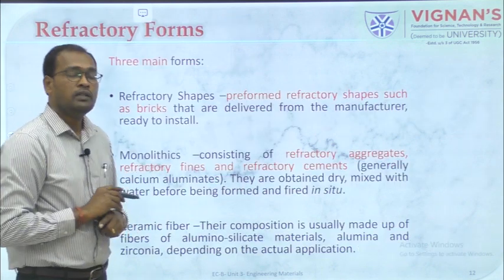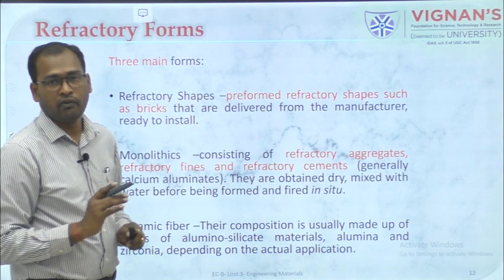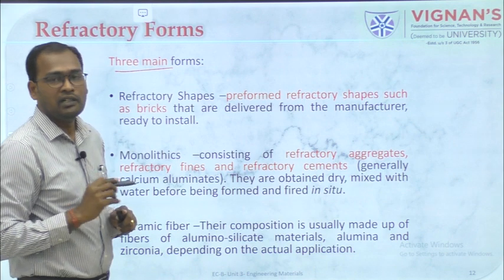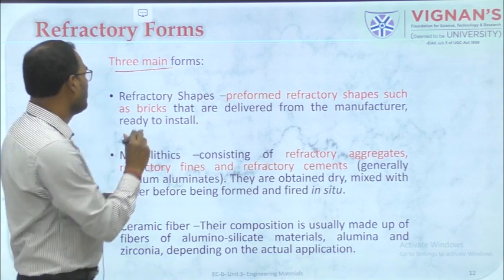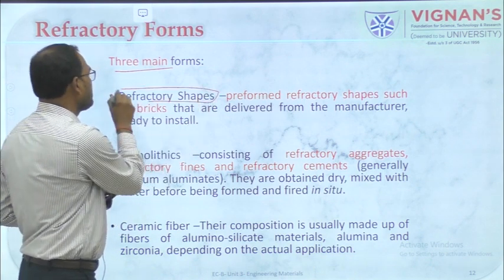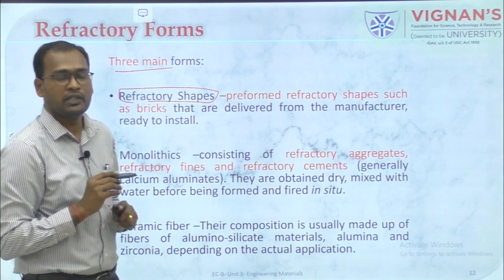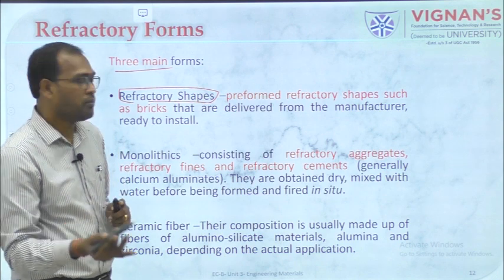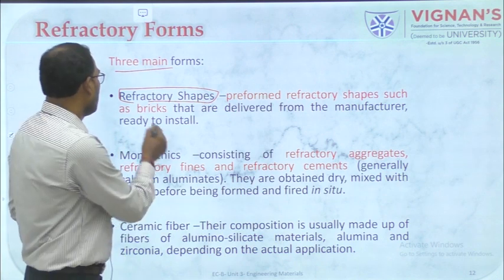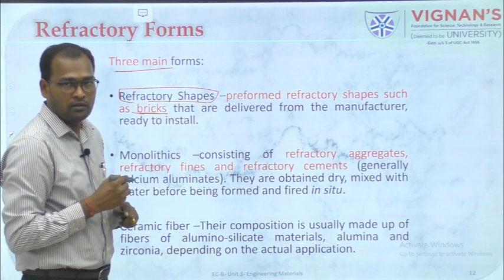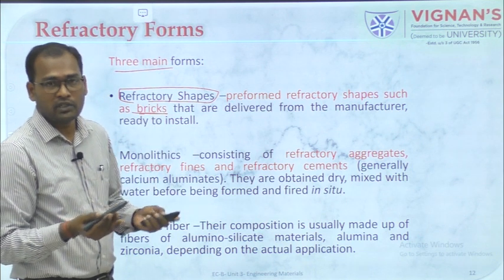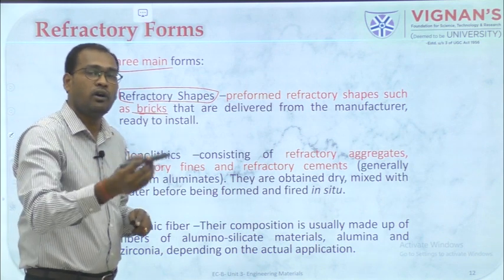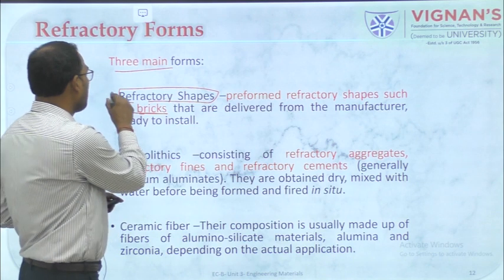Right. So these refractories exist in different forms, but more prominently they exist in 3 different forms, right? One will be in different shapes, right? These refractories which exist in different shapes, we call preformed shapes, and we see all these things in our day-to-day life. Bricks or tiles or any mosaic, those are all refractory materials where the shape is already fixed, right? So that is one form.